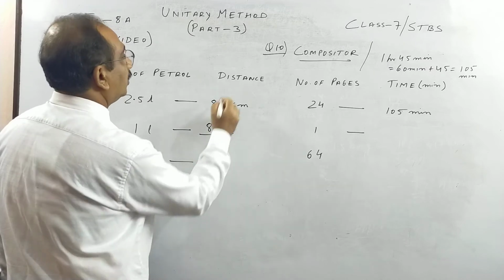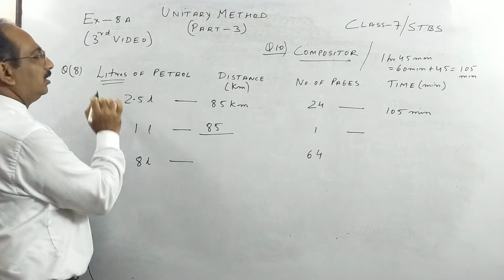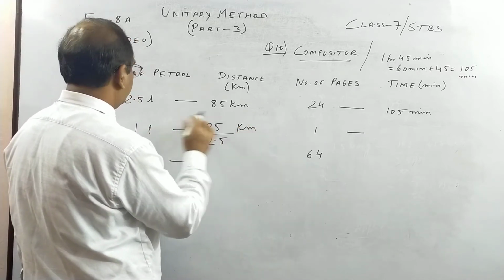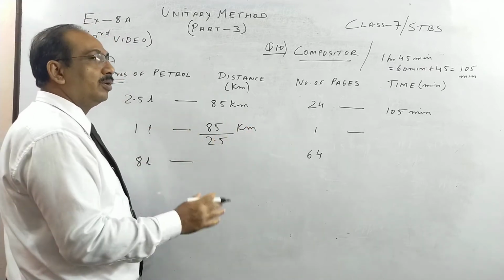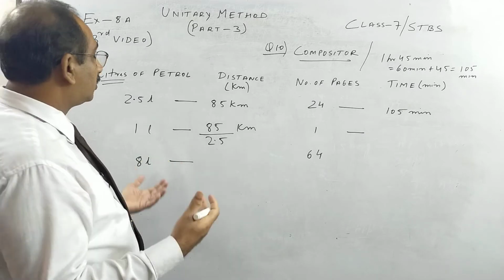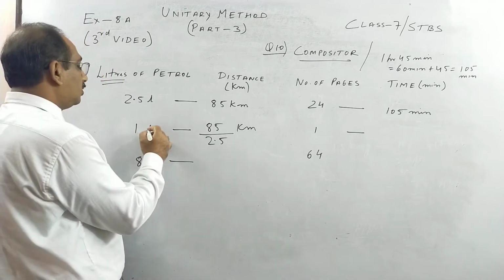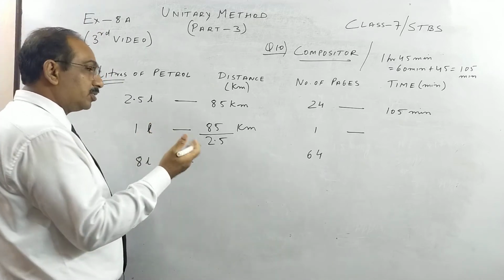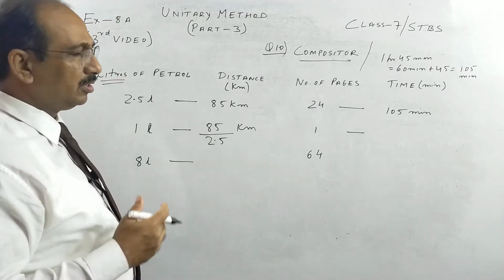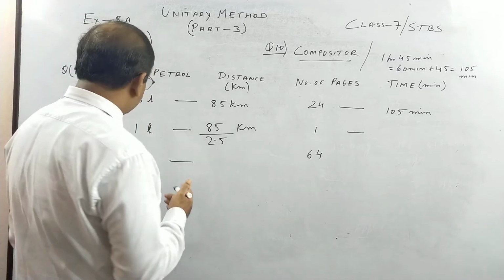So 1 liter, it will go less. You can write kilometer here also, so every time you don't have to write, and already liter is mentioned over here. So it will go less kilometer, definitely 1 liter it will go less. This is also what we call mileage. Actually mile is an old term when vehicle used to be there. So mileage means how many kilometers a vehicle travels in 1 liter. Okay, so this is L. So miles no more we use. In fact, if I remember correctly, 5 miles is 8 kilometer, therefore 1 mile is 1.6 kilometer. That you will see in the old British system, we have that.